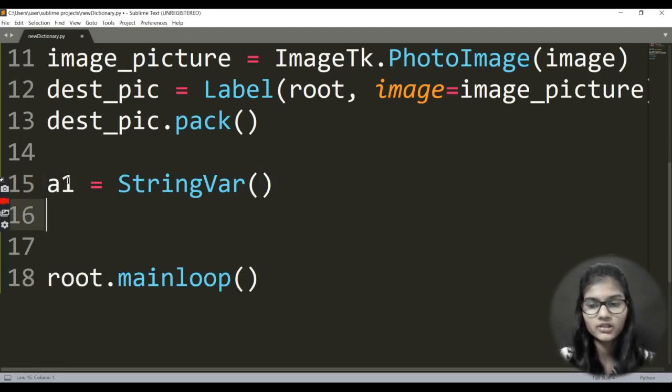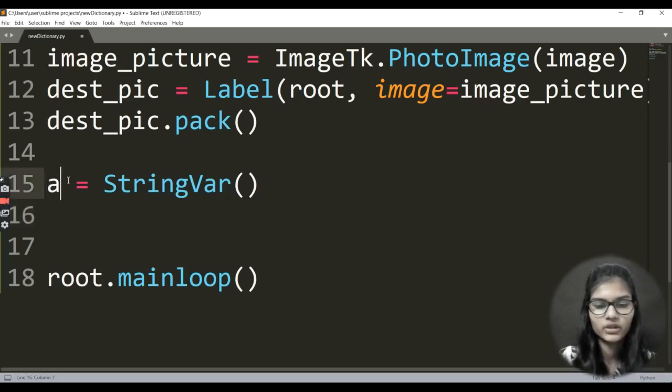Right now we are just going to enter the strings into that dictionary app, right? We just want to find any word, so that is a string. So in that case I'm just taking this StringVar input. Let me just make it a as well, not a1. Let me make it a. Now I'd be writing here a, one of my variables which I'm just taking, and in that I would be using the function that is Entry.